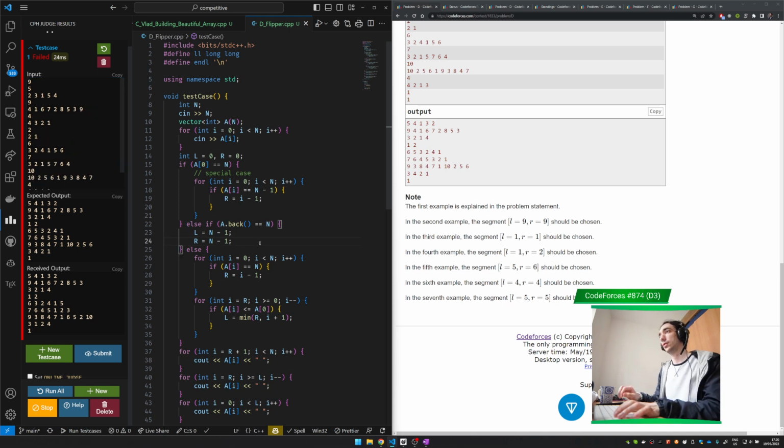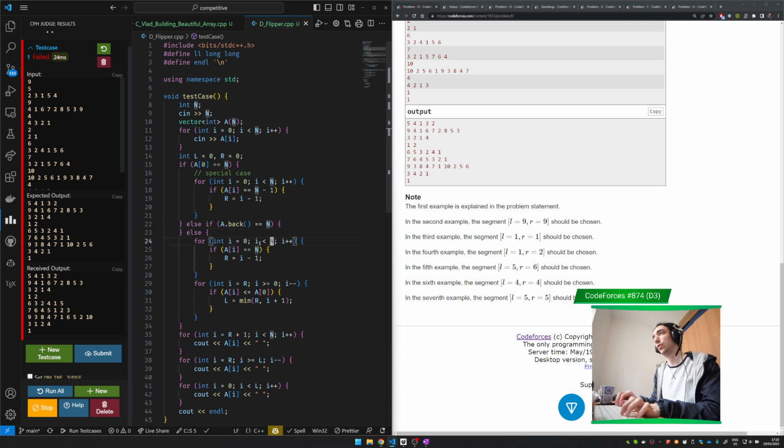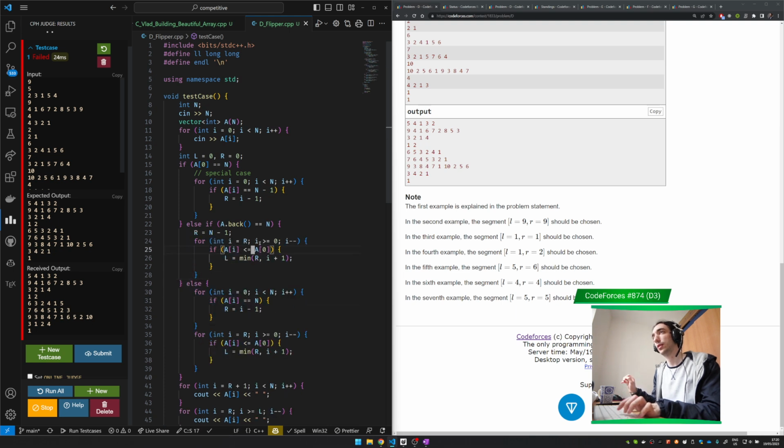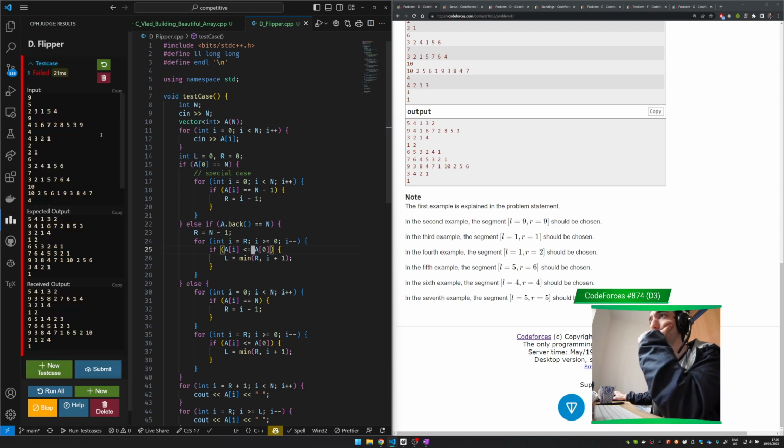So if it's on the end, I need to go R will be this, but for left I need to go from R where this is the case, where if A I is smaller than